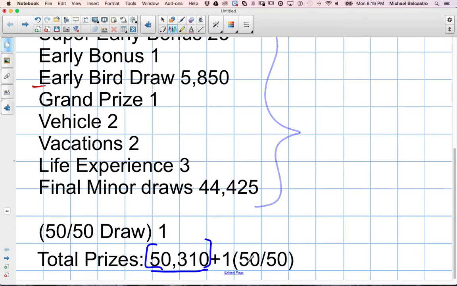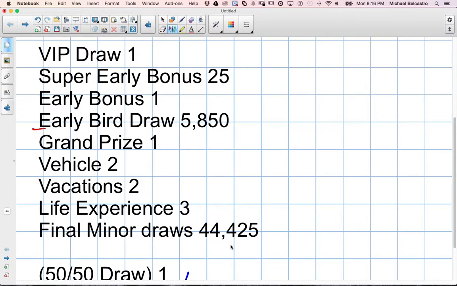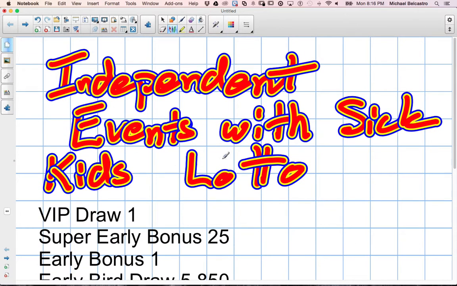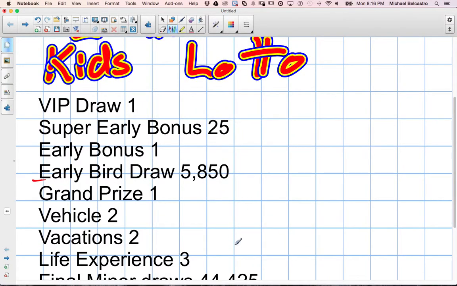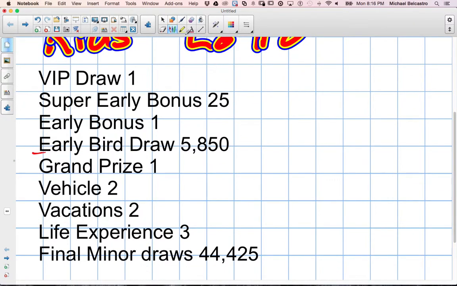Plus, there's the idea of a 50-50 draw. We're going to keep this nice round number, and we'll keep the 50-50 draw out of the idea. We're going to talk about what an independent event would be, and we can use these concepts. Like we said, I'm going to write it so we can fit it on one page,